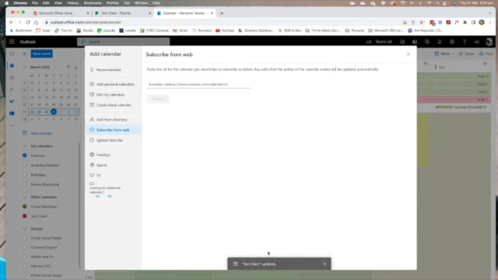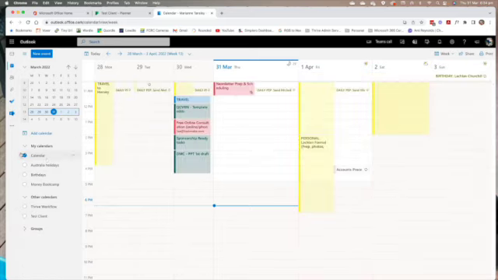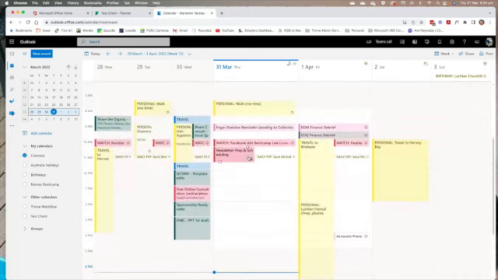It's now saying it's been updated, so I can close that window. And now you can see that project 1 workflow. So I'm just going to turn all of my calendars off for a second, just to make sure we don't have any there. Right, so when we turn all of my calendars off, this is my personal day-to-day